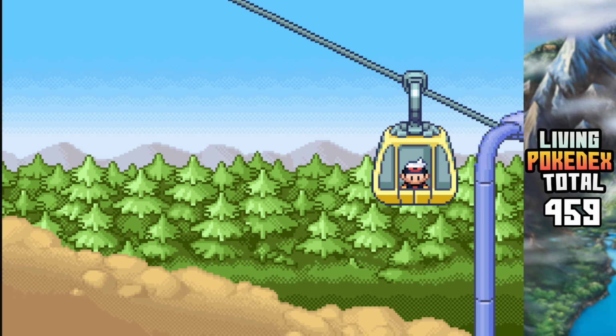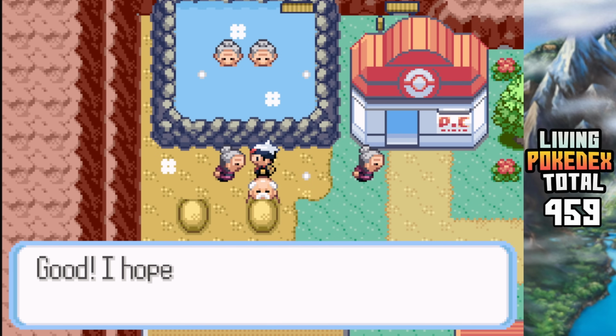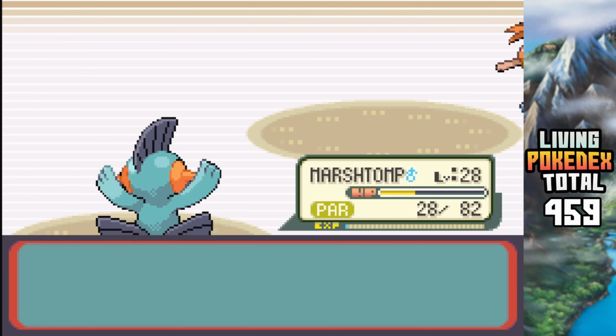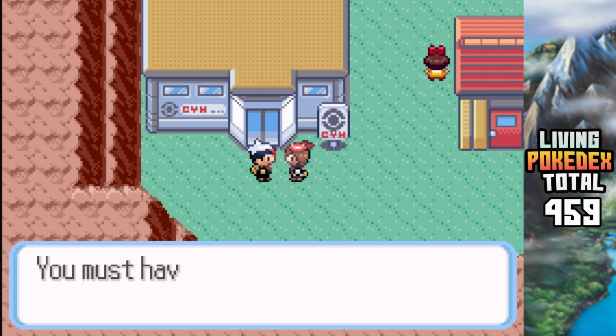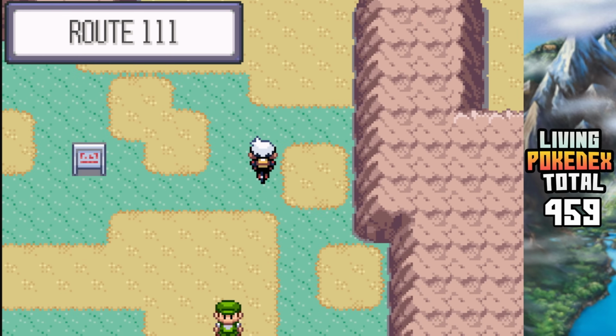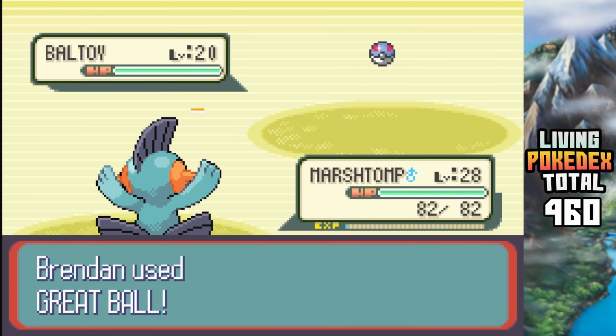After riding to the top of Mount Chimney and defeating Archie, Brendan made his way to Lavaridge Town. There he received a mystery egg and defeated the gym leader Flannery. With his new gym badge in hand, Brendan exited the gym and was stopped by May, who gave him the Go-Goggles. This allowed Brendan to visit the desert portion of Route 111, where he caught a Baltoy and 3